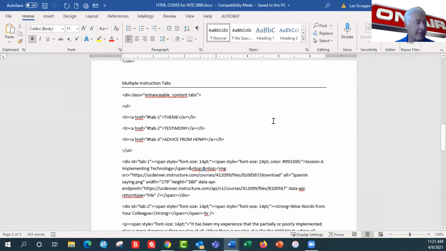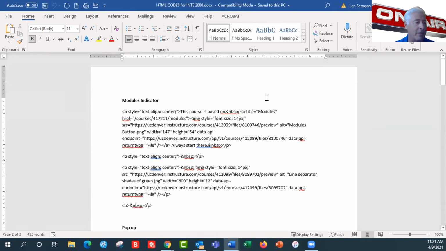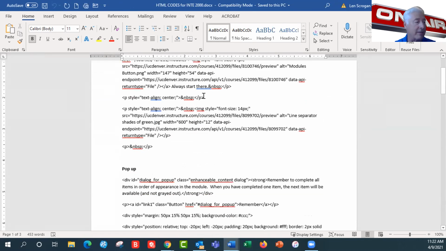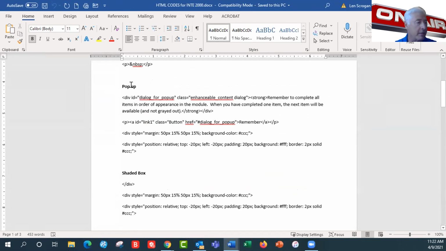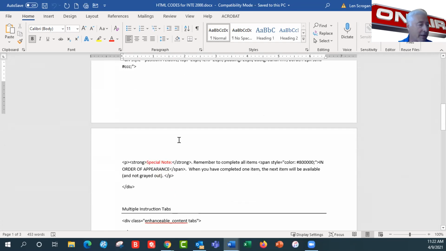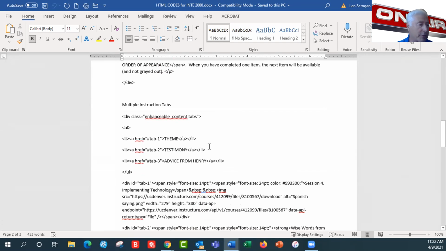And I collect them. I've been running this collection document here. This one will put modules down at the bottom, reminding students to go to the modules on every page, so I don't have to hand type that in every time. This one creates a very interesting pop-up side thought menu or a key point or key vocabulary pop-up that's really effective. That one creates a shaded box. That one creates multiple instruction tabs.